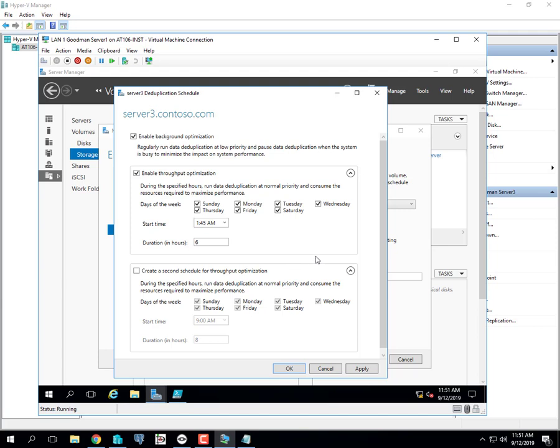Every day of the week, 1:45 a.m. looks good. If you're running backups and stuff, you may want to put that as a couple hours off of when you run other major jobs. But that looks okay to me. I'm going to check there. And